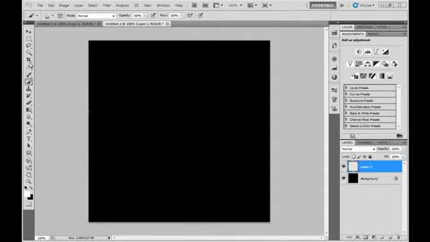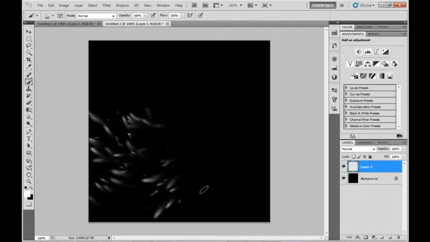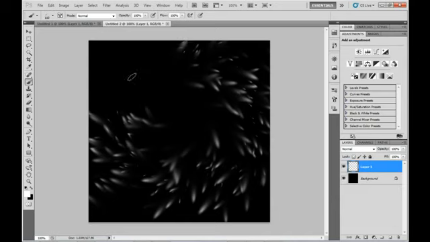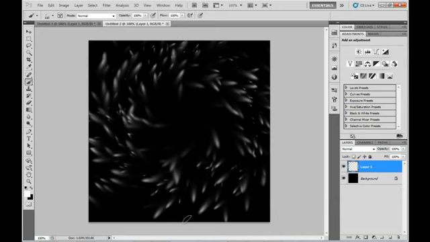Now I didn't show you before, but I actually went back and changed the brush type's angular jitter control to follow the mouse direction. So you can see there the particles are following basically the swirl that I've done with the mouse. So as you can see, the particles are randomly sized and angled based upon the direction that my mouse was